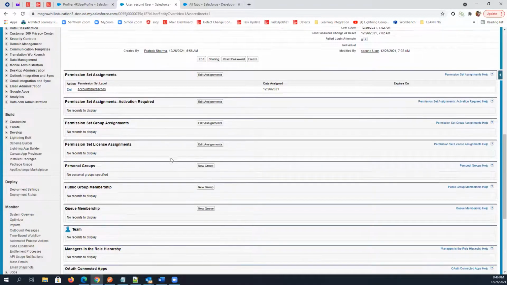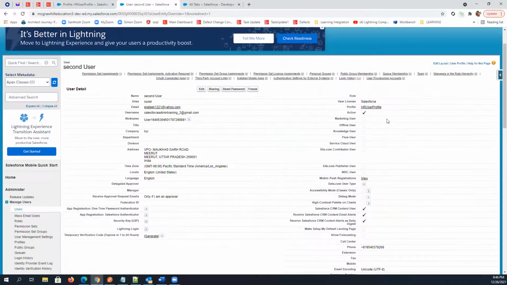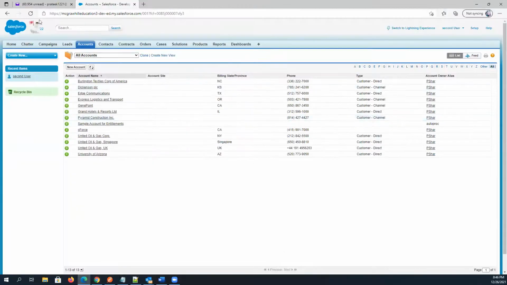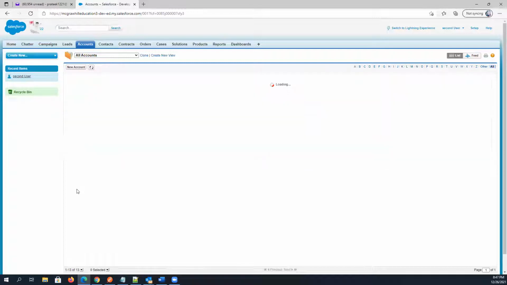So now this particular user will have all the permissions, whatever we have assigned to this particular permission set, and profile is always there. So you will also have the permission assigned on profile. Now you can check by refreshing the screen here, then he should have all these permissions now. See,